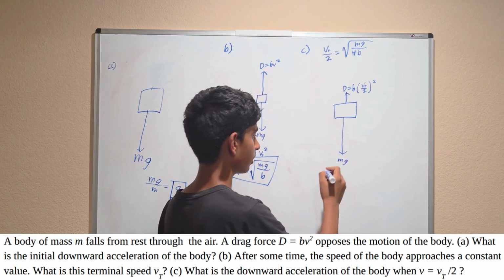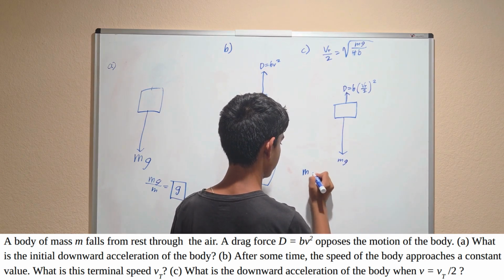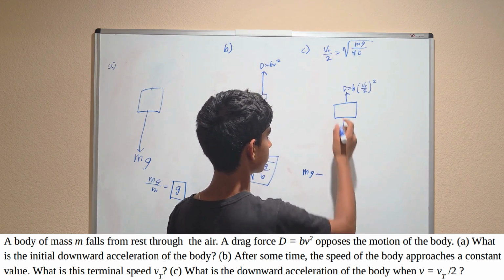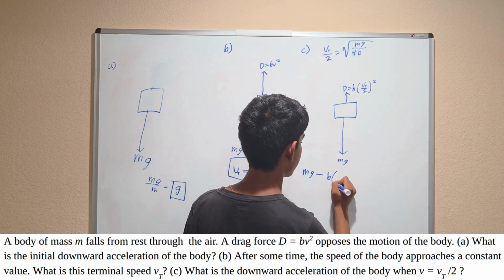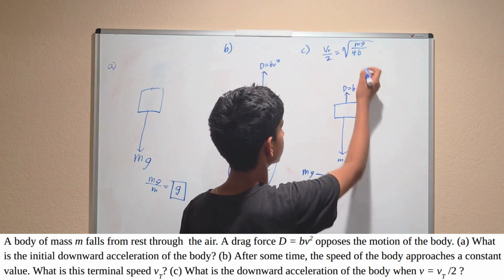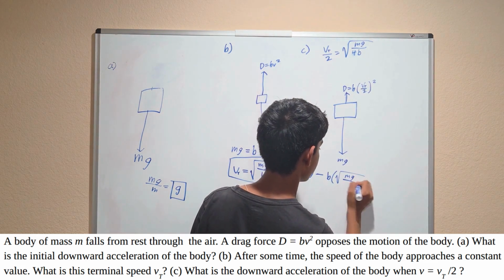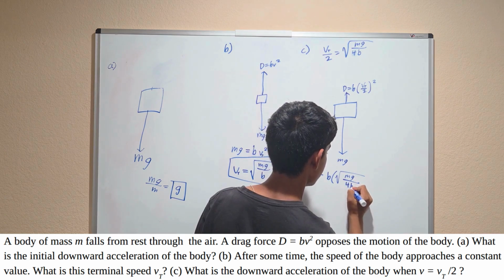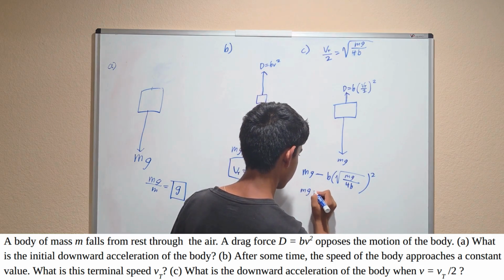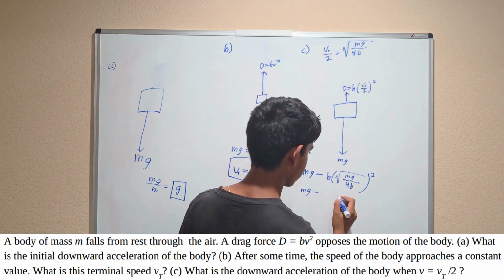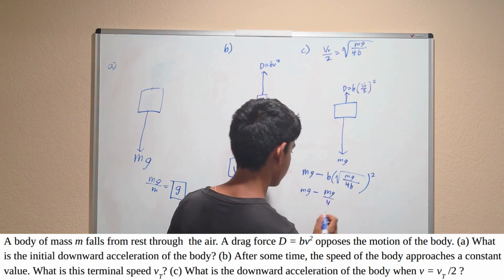The downward acceleration is just, let's first actually find the downward force, which is mg minus, so this is going up, so it's negatively contributing, b times this vt over 2, which is the square root of mg divided by 4b, squared. The square root cancels and the b's also cancel. So this is just mg over 4,